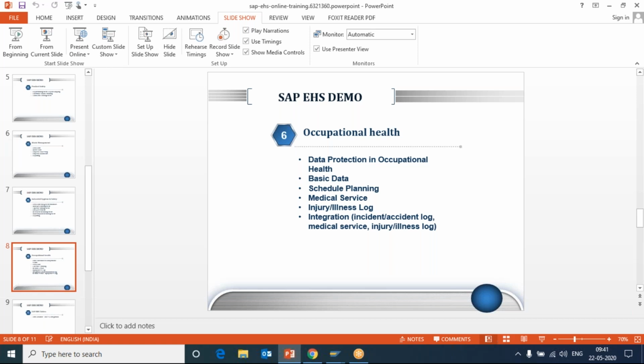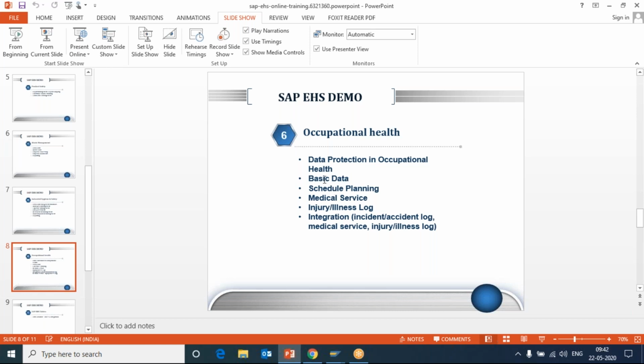And if they find some variations or some health issues coming up in those work areas, then a separate work area will be designated to them so that they can overcome such a health hazard. So that is how occupational health will help us in tracking the health status of each employee in a company. So what else do we see here?